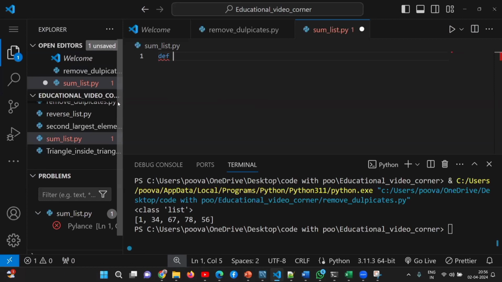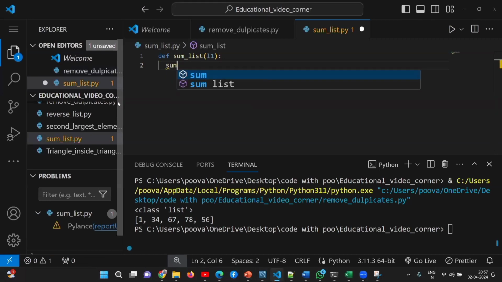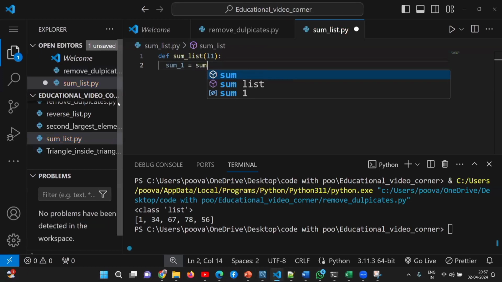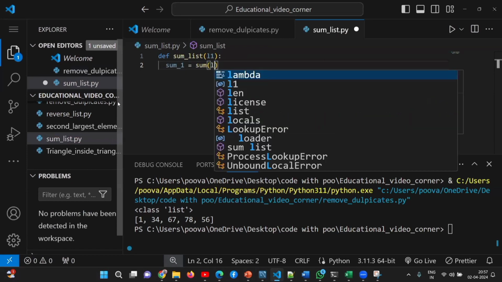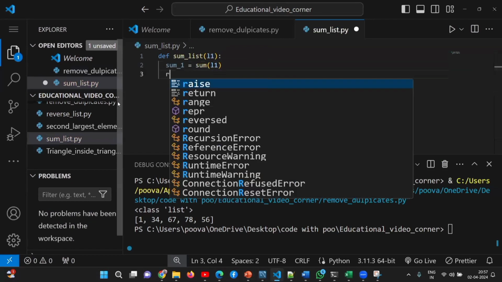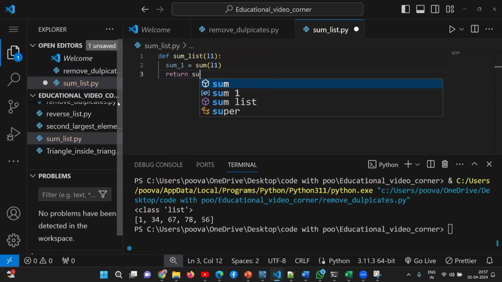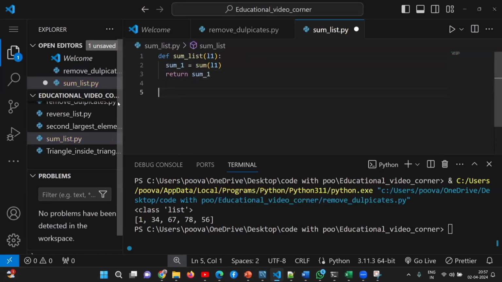So I create one function. Our function name is sum_list. So that's our function name. And then I pass one argument, L1. So let's say our parameter is L1. In this place, I create one variable, sum_1. So that's a variable. And in this place, I just use the sum keyword, and I pass the argument L1. So return sum_1. In this place, I pass one list